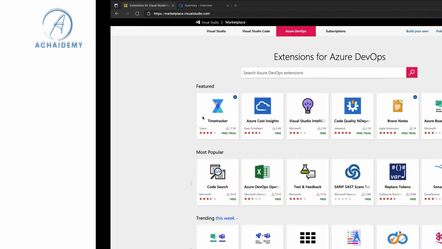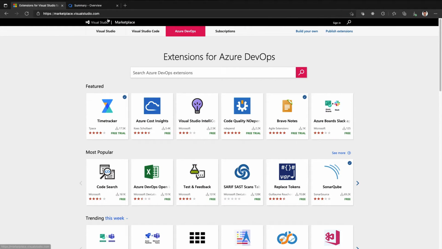So extensions are a way to extend Azure DevOps and its features without having to modify or without having to understand Azure DevOps. It is basically based on the plugin architecture where you can develop your extensions and reuse them. So in order to download or look into the extensions, basically you have to go to the marketplace